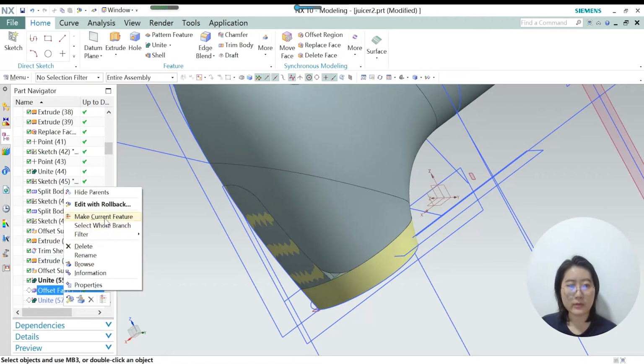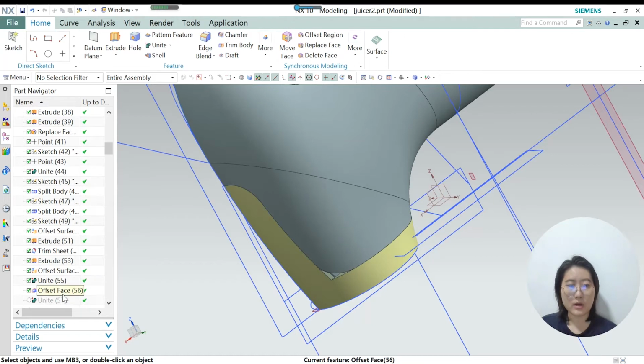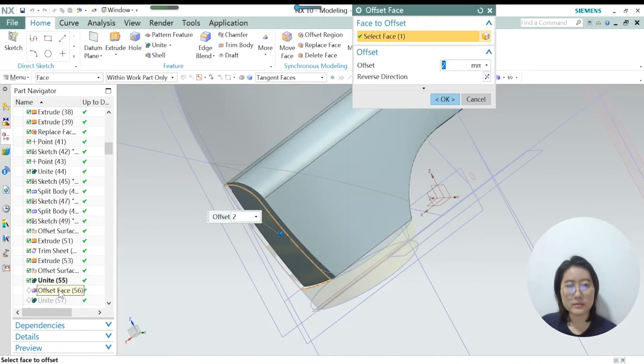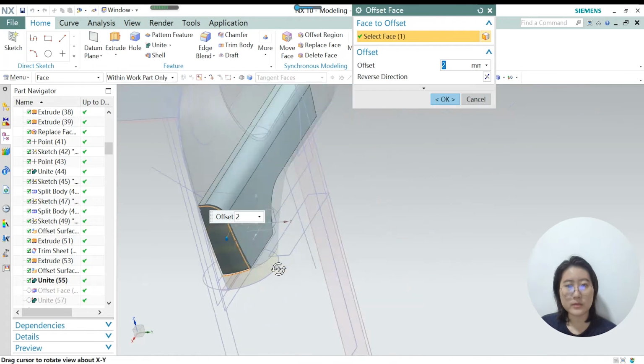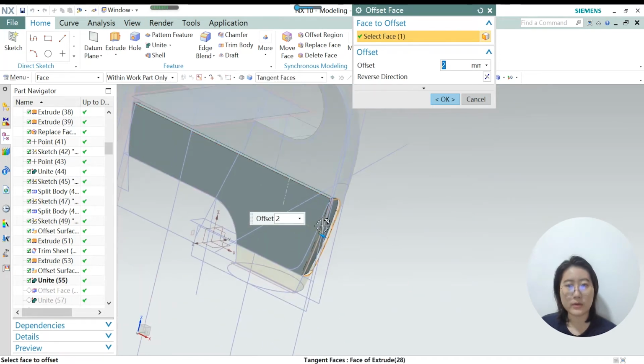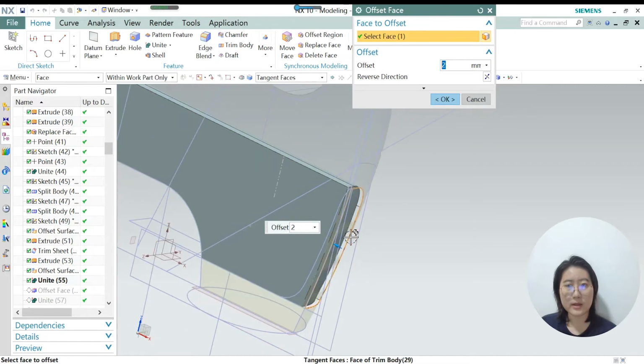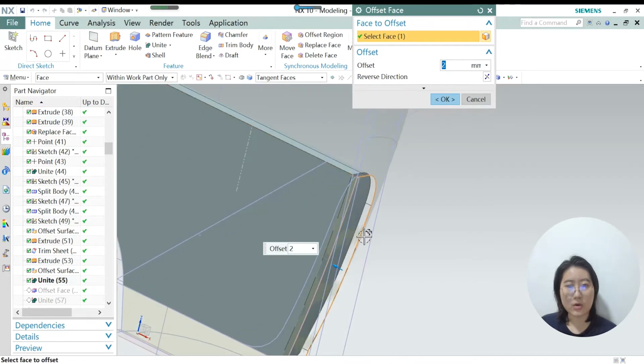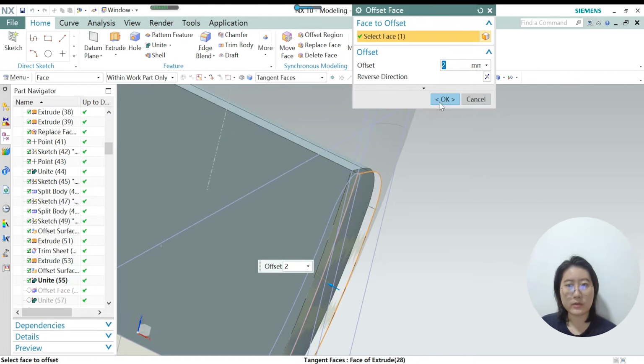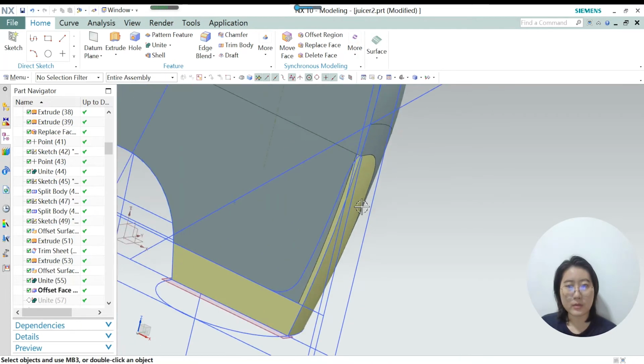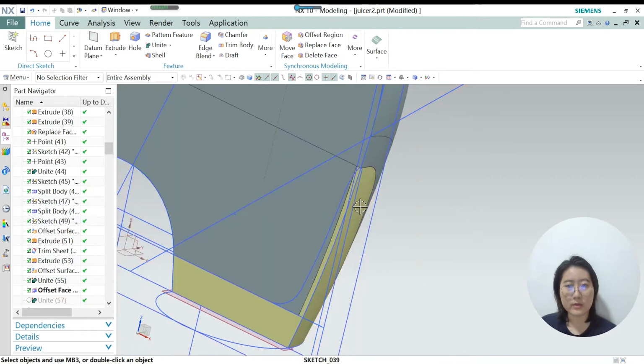So if I go into the next step, offset face. In this step, if I go into offset face, rotate the view, I can see very clearly. I offset the surface to distance. Let's hit OK. Because you don't want this piece and the yellow piece